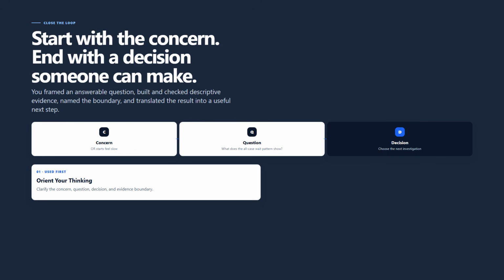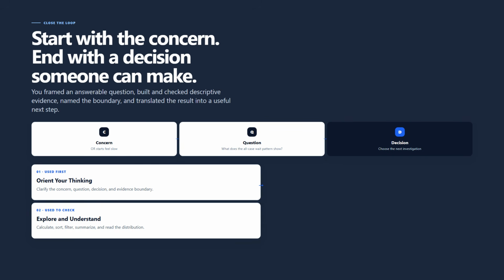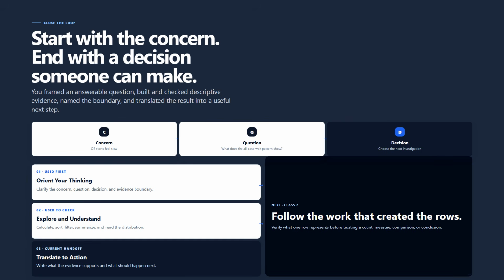We oriented our thinking by getting clear on the concern, question, decision, and evidence boundary. We explored and understood by calculating one weight, checking the full column, summarizing the center and high end, and reading the distribution. We translated the evidence to action by writing the pattern, the limit, and the next useful step in plain language. In Class 2, we move closer to the healthcare work. We will follow what created the rows and verify what one row represents before trusting a count,